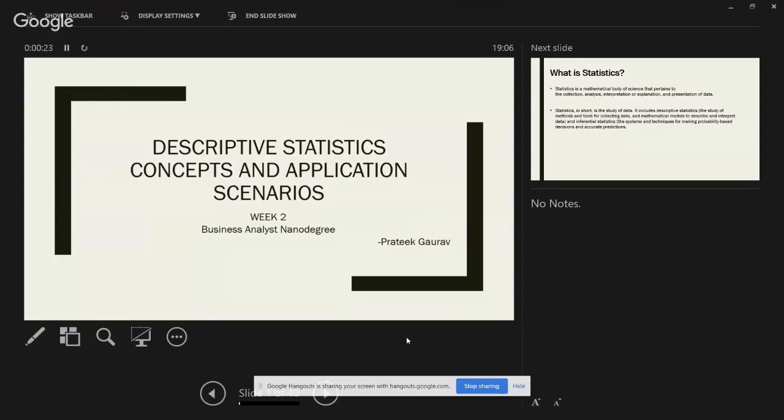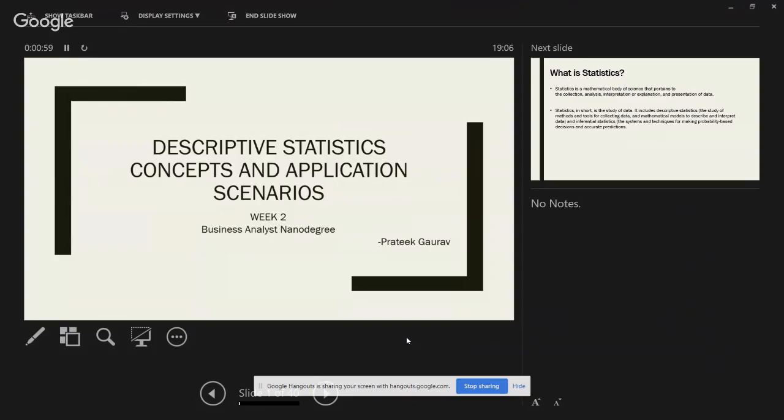Okay, so let's get started with the week 2 webinar, which is about descriptive statistics concepts and application scenarios. So in the business analytics nano degree, we have already talked about how we interpret data visualization to find out insights from that particular visualization. That is something which we did last week, and it was the basic thing. Now we'll be moving to more complex